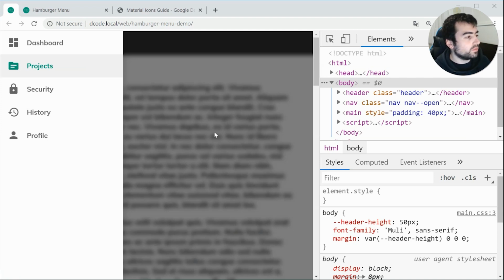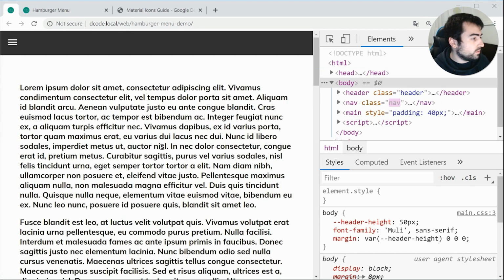As we can see, we've got this side navigation menu. We have support for blurred background here on the overlay. We've got support for icons, and we've also got the ability to set a link as being, for example, the active page. So in this case, projects might be the active page right now. So you can do a few things with this. Now, we've also got support for animations and transitions, things like that, and of course right there is the hamburger